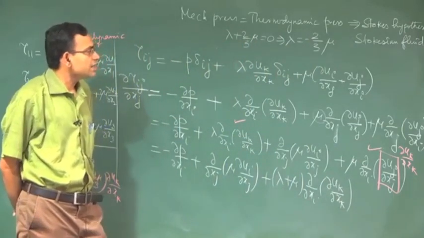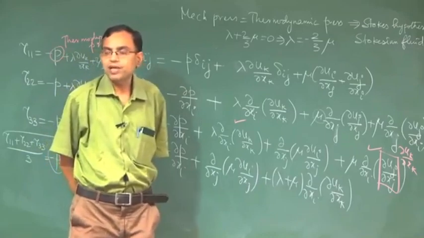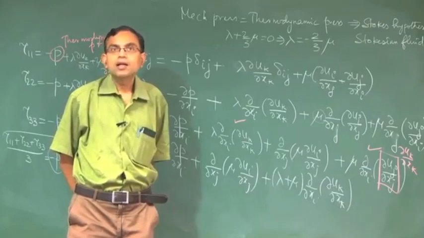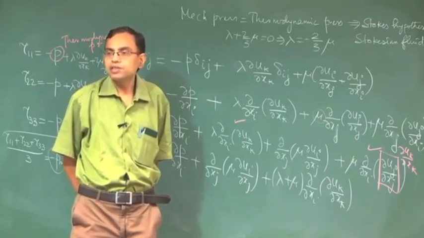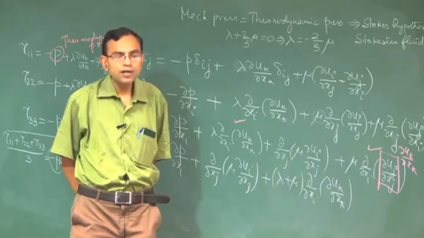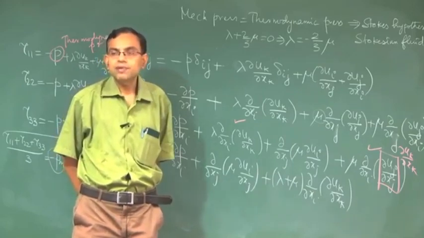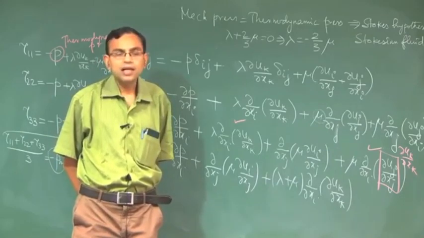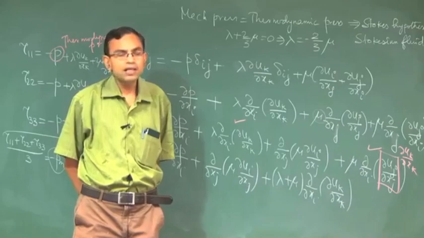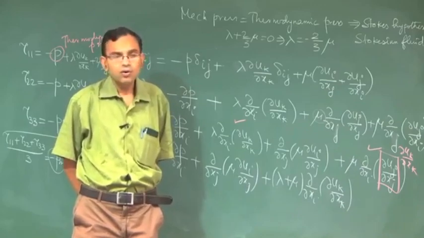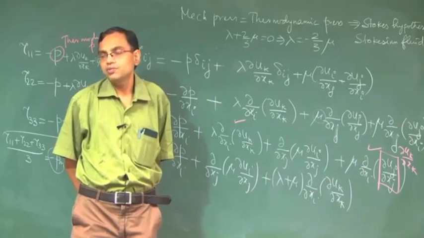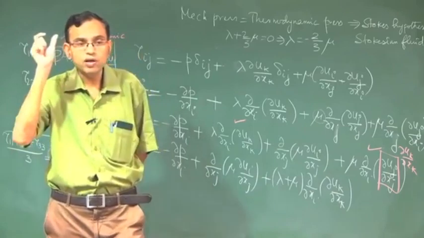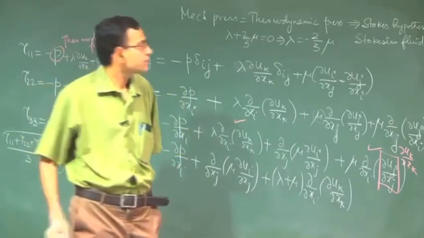So, the understanding is that for a Stokesian fluid, first we had C_ijkl, 81 independent constants. Now, we have brought down the number of constants from 81 to first 3 constants for homogeneous and isotropic fluid, and then to 2 constants by exploiting the symmetry of the stress tensor, and now for a Stokesian fluid only to 1 constant, which is the viscosity of the fluid. So, you see how strong and pivotal a role the viscosity plays.